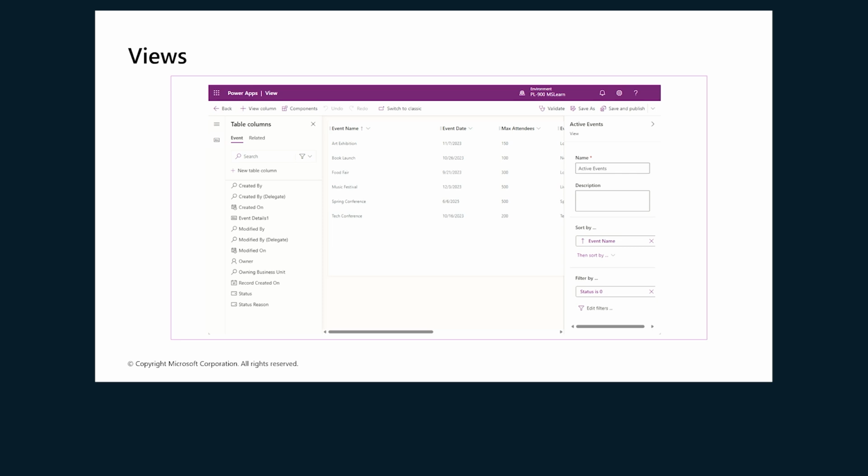Public views offer a shared experience across the organization. Created by system administrators or customizers, they are often used in subgrids within forms or dashboards to present summarized data like open service requests or top performing products. The benefit of public views lies in their ability to standardize data presentation while remaining flexible enough to meet business-specific